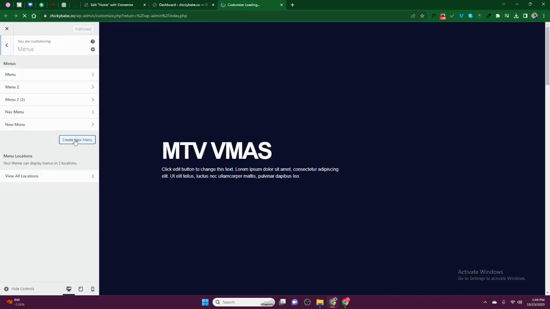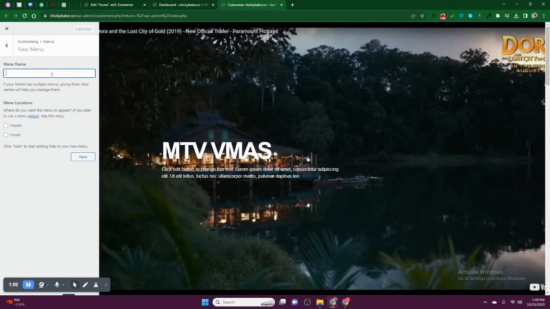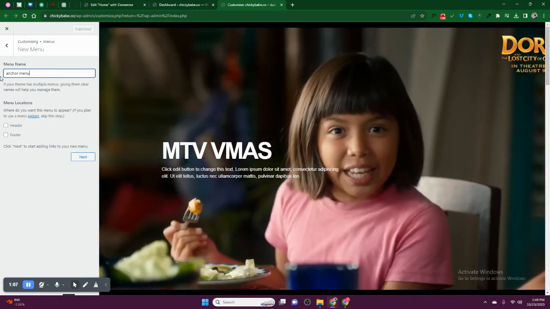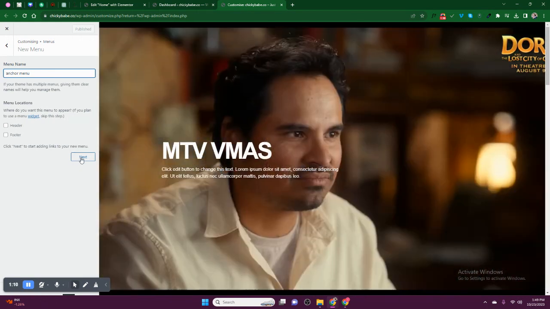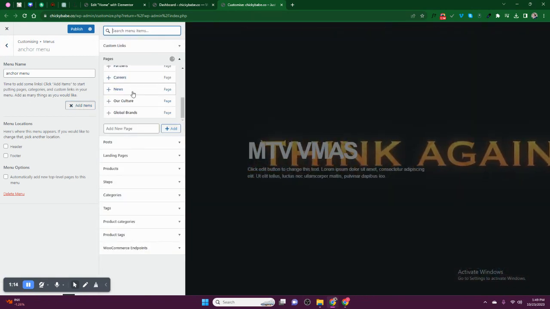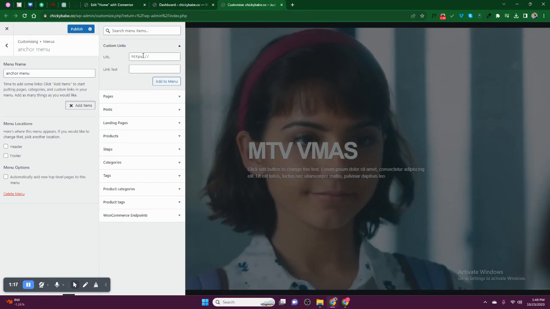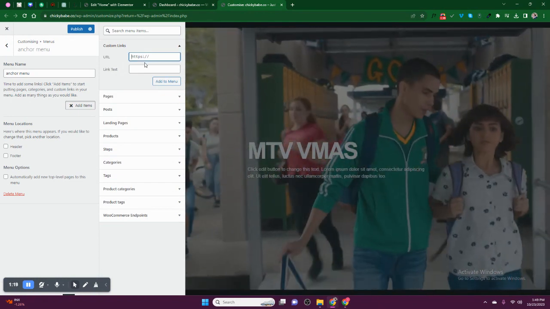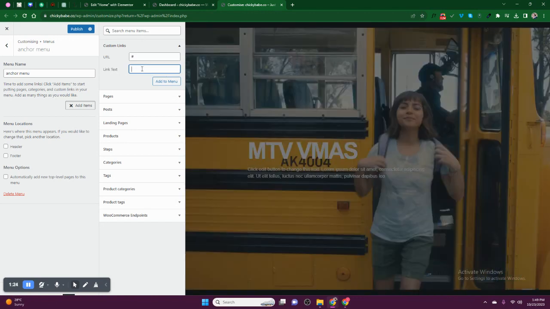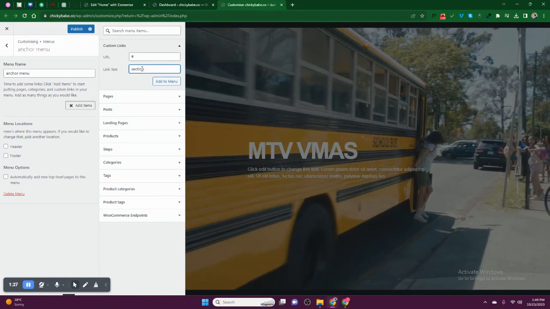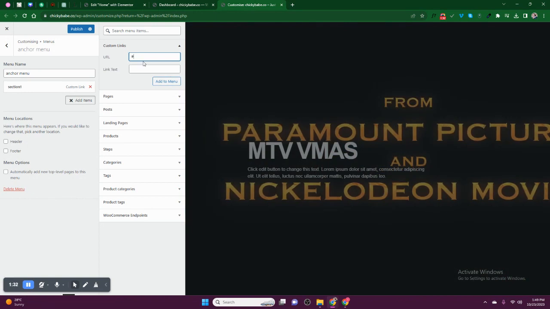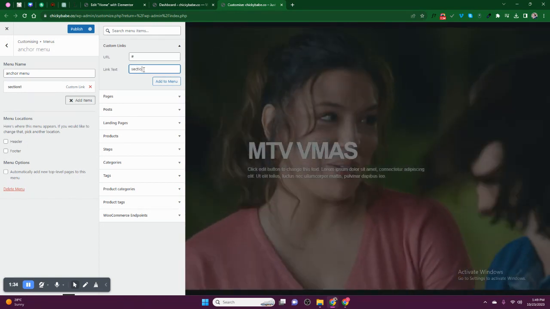From menus, I shall create a new menu which is called anchor menu. So I will go to next, then I will add the pages. Instead of adding these pages, I will use custom links where I put this one here. I put here hash, then I put section 1. I add that one, hash section 2,